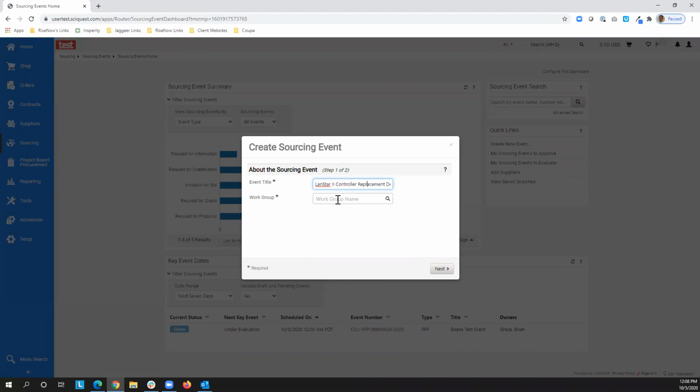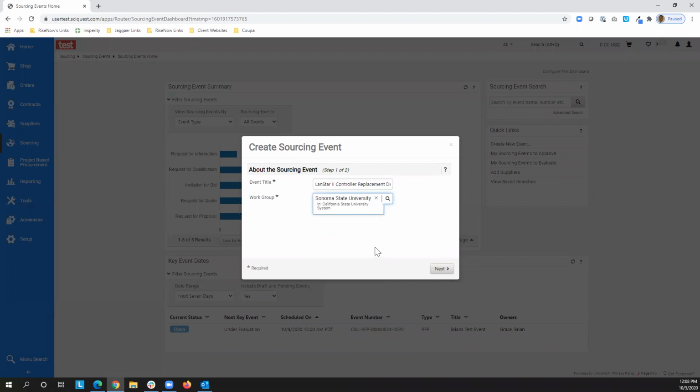And then you're going to choose a work group for your sourcing event. So for many of you, this work group will automatically be selected for you because you'll just be tied to one campus, and therefore be tied to just one work group. However, some folks at the chancellor's office and others may have the ability to select work groups here. If you're one of those folks, what you're going to do is click into it, and you can start typing in the work group name